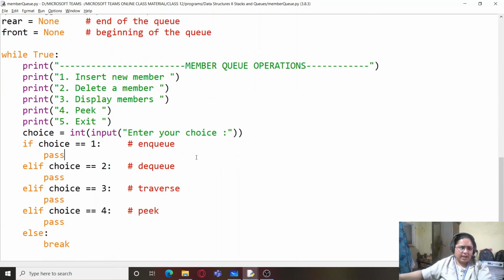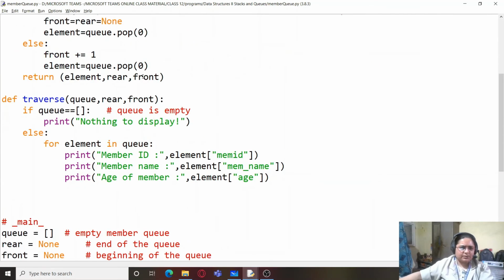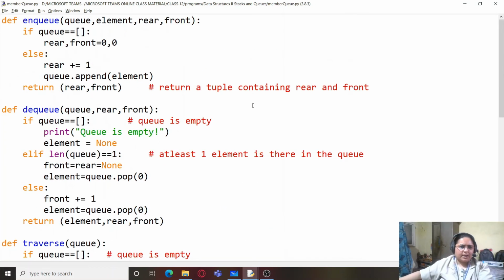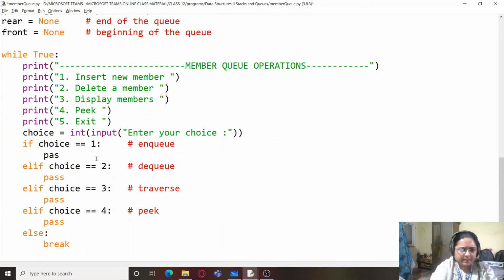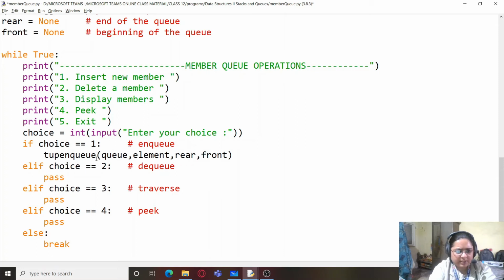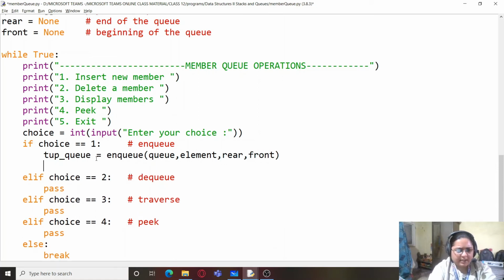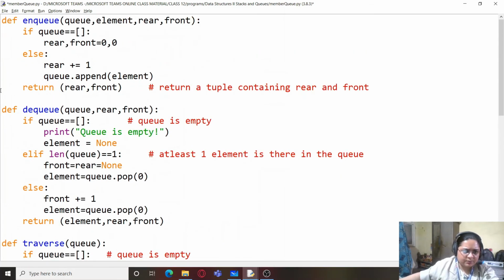Now we come back to NQ operation over here. Now as you can see, we don't need rear and front, so we can just remove that. And let's copy this NQ first so that we can simply paste it in the function call. So here it is, and because it will be returning a tuple, tup_q equals NQ. And now from here I can extract rear, and we'll just check which one is the first one.